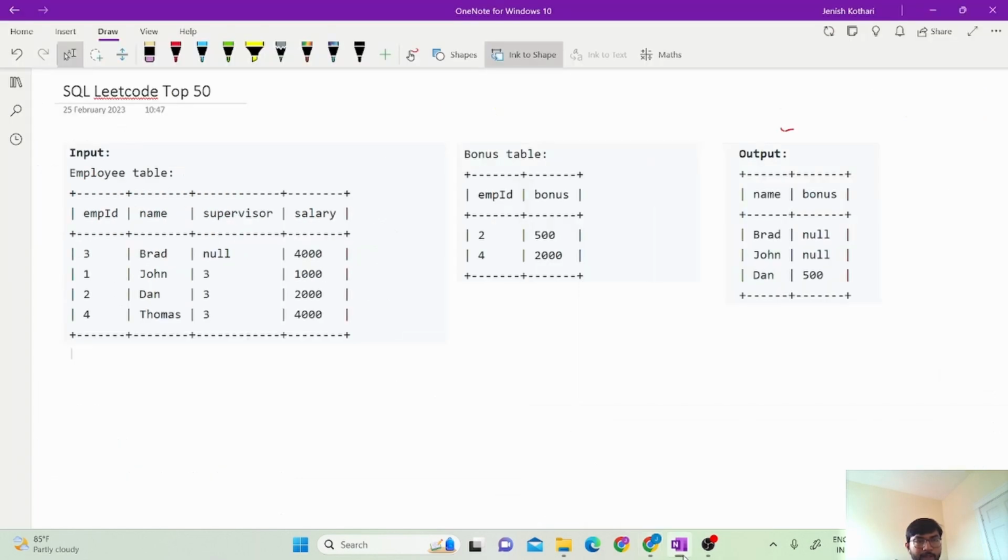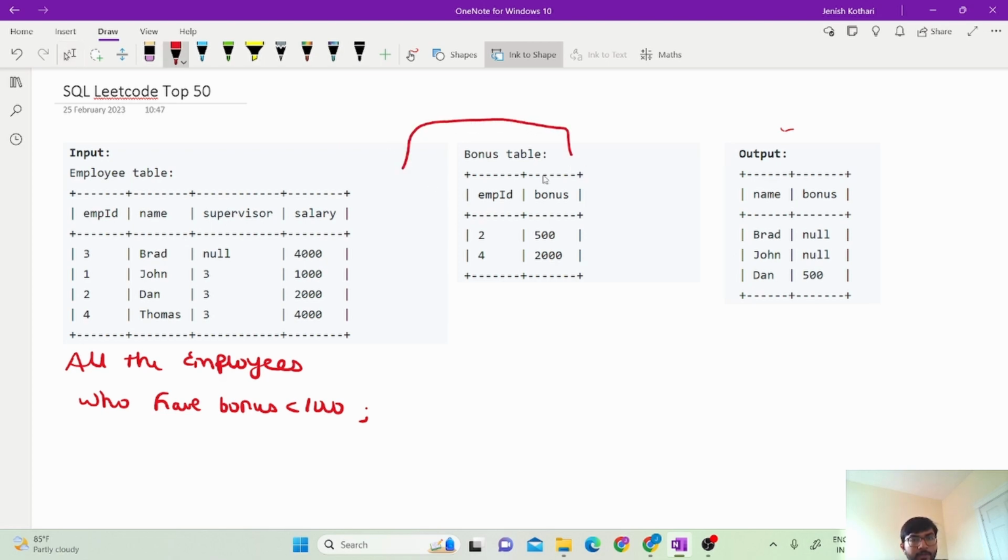So let's move on to the editor part. In the interest of time, I already have these values stored. We need to return all the employees, and the important thing to notice is that these are the employees who have a bonus less than 1,000. Since there are only two tables present over here,